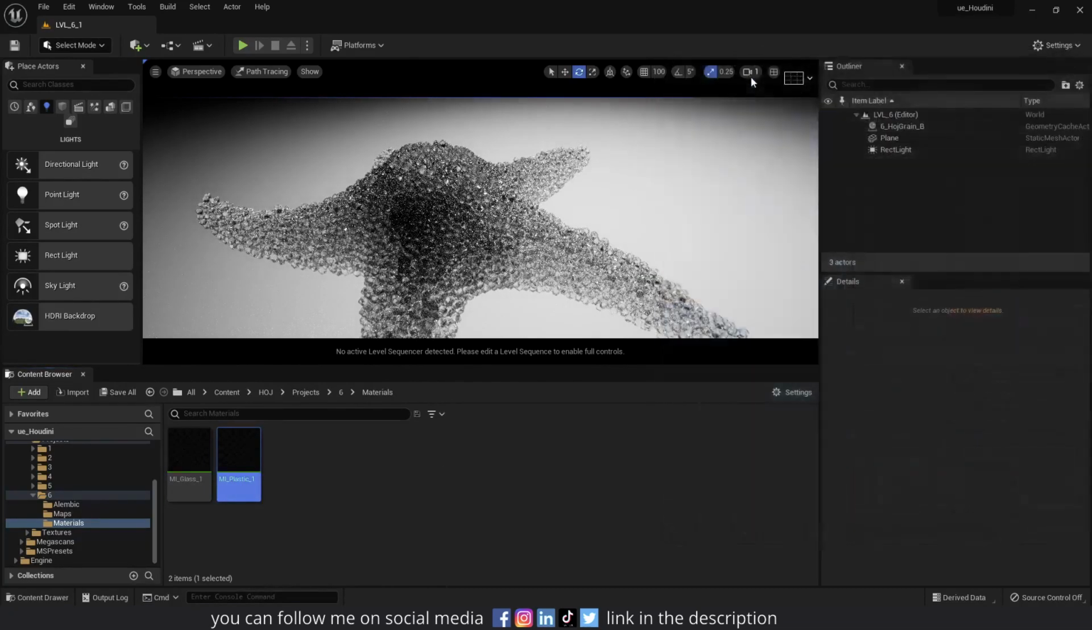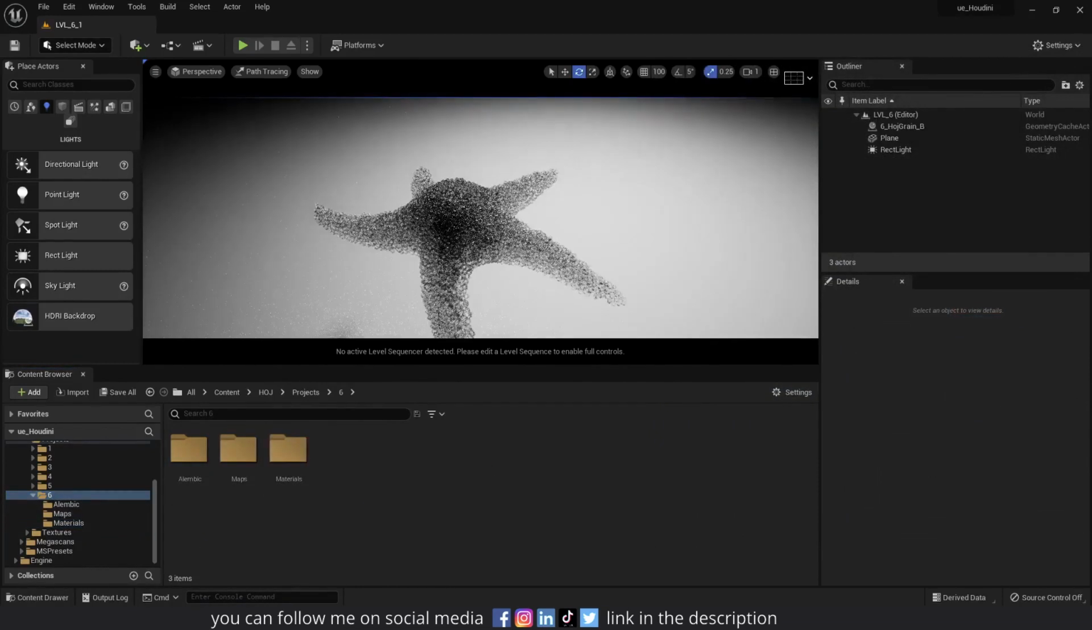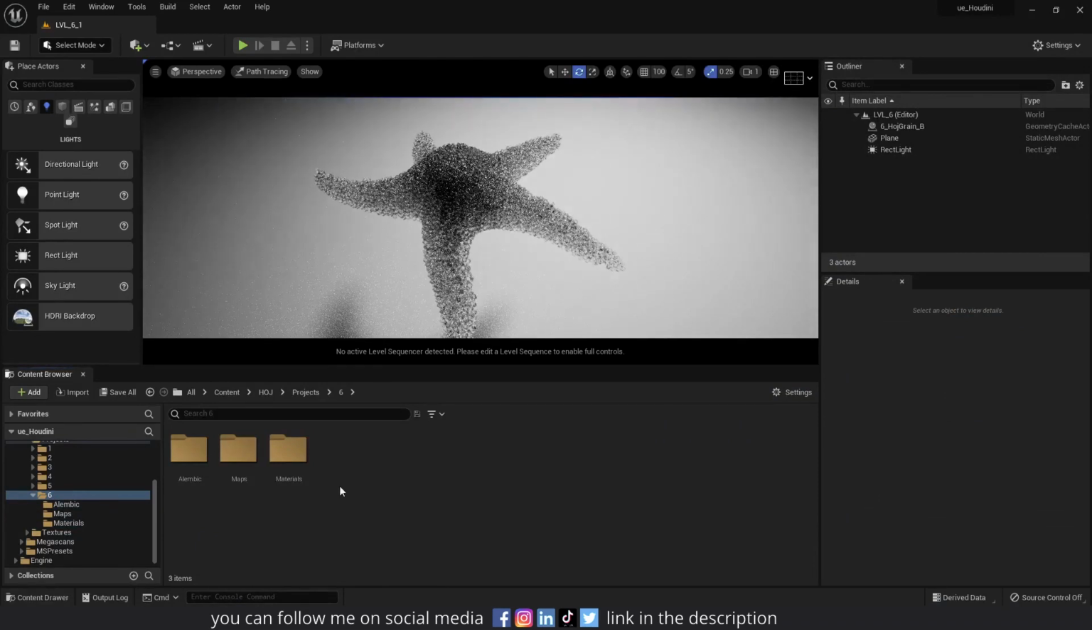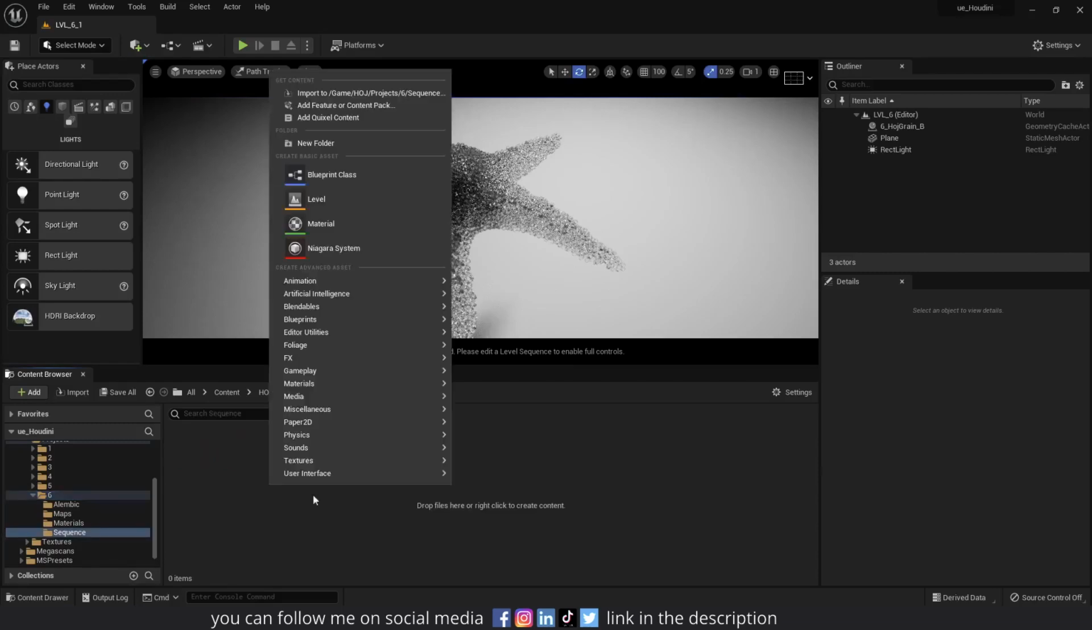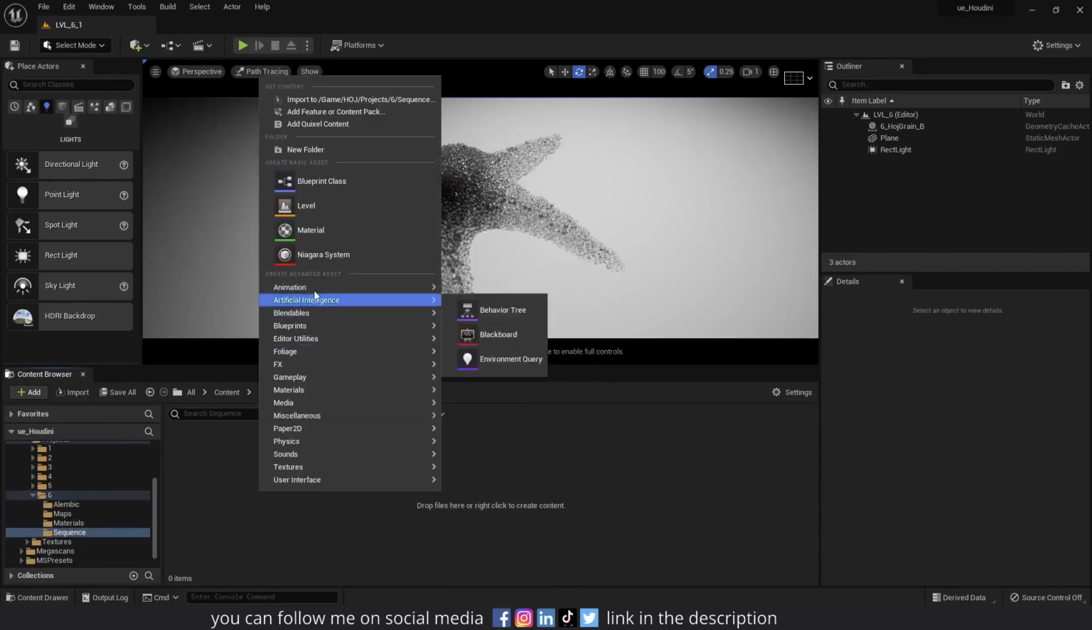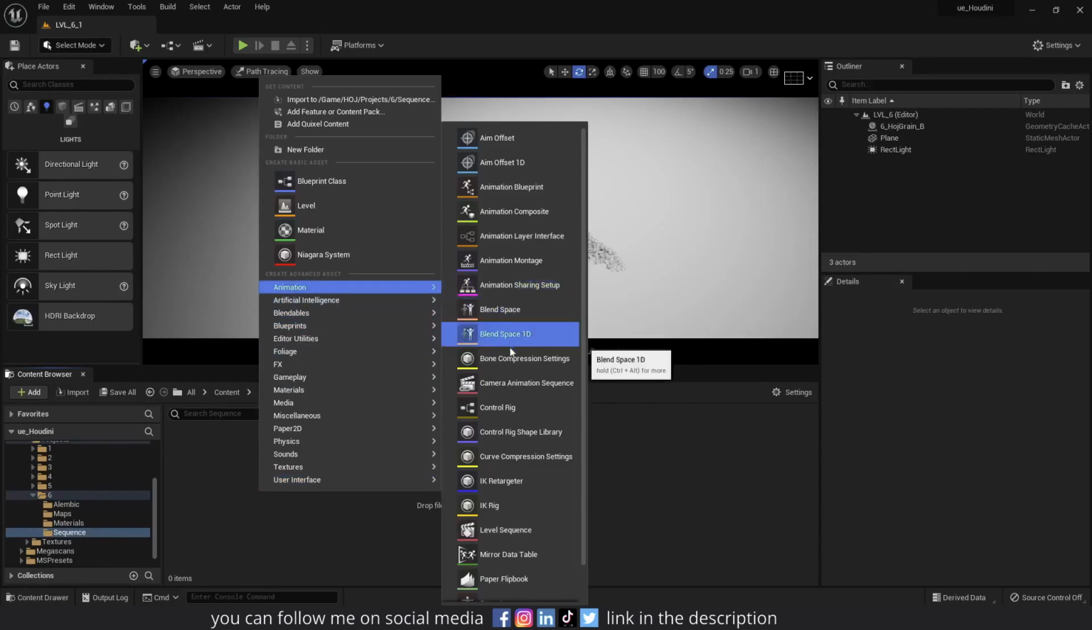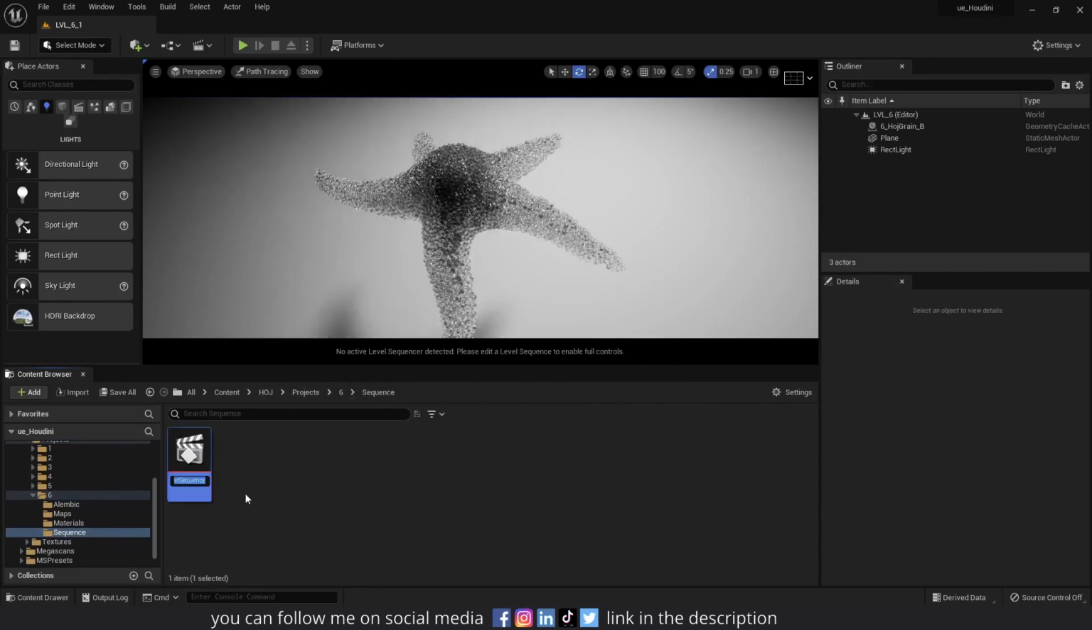Okay, first of all, let's create a sequence. I want to change the frame of the animation. I will create a new folder and I will name it sequence. Okay, and in here I will right click, go to animation and create a level sequence, and I will name it sequence